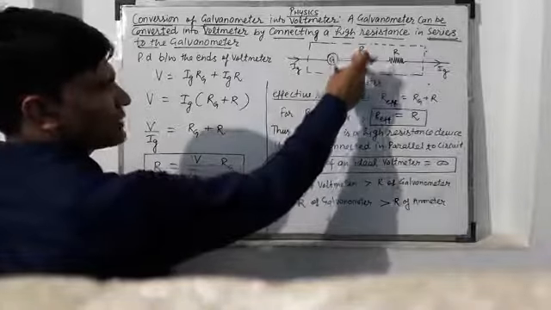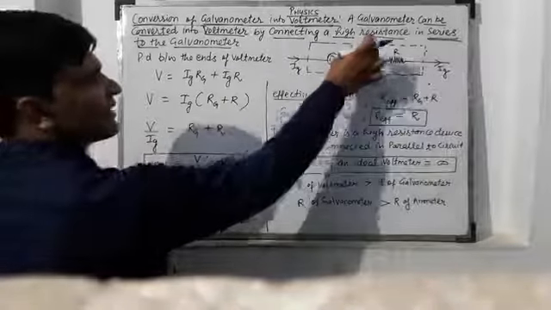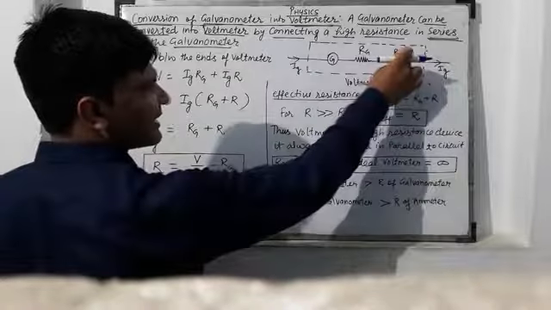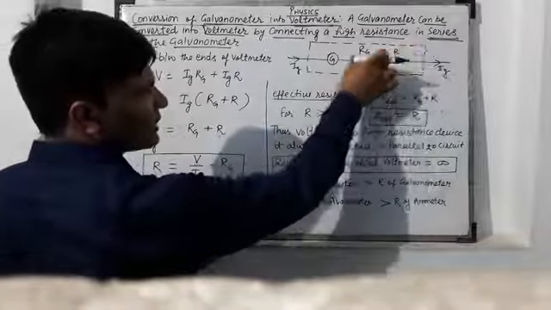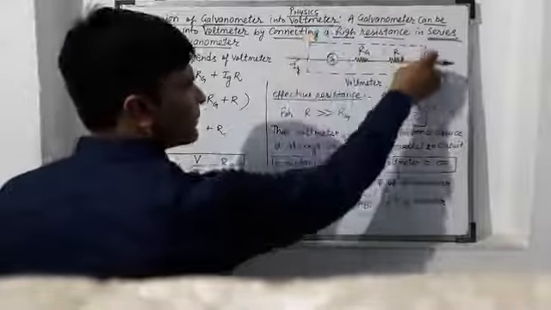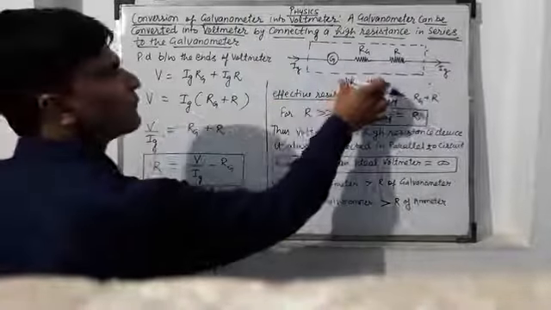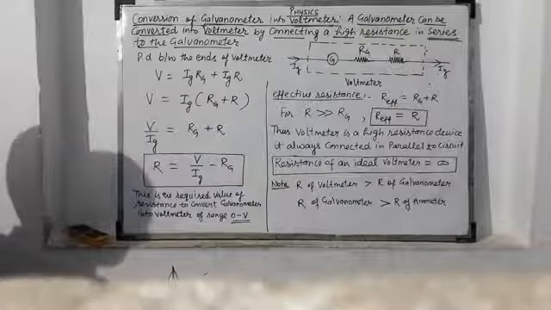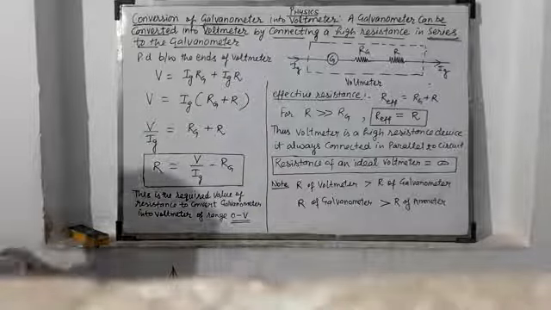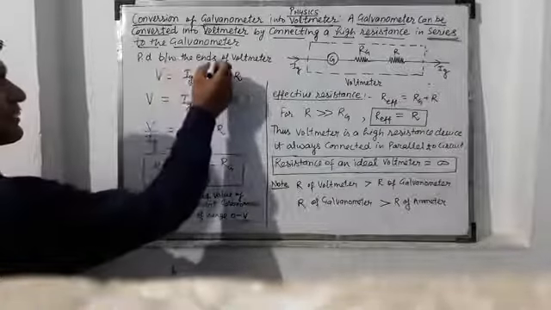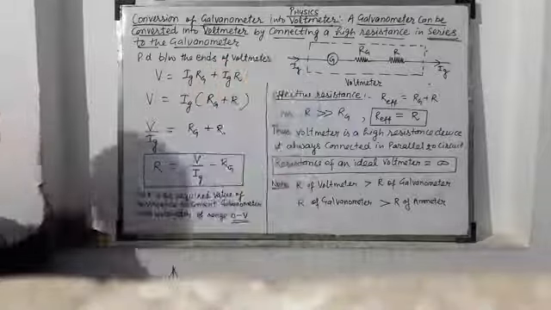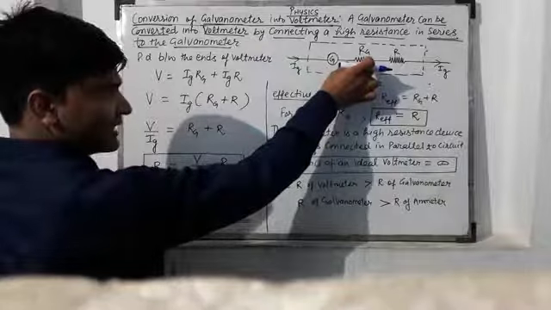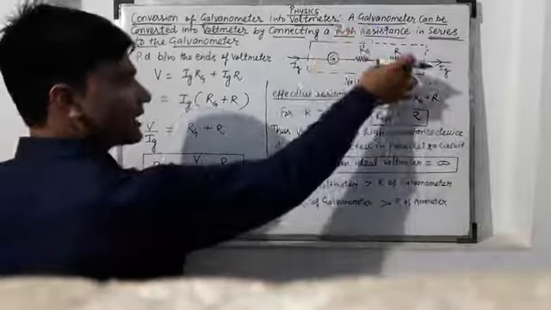This is the galvanometer with internal resistance Rg, and a high resistance R is connected in series to the galvanometer. This complete dotted box is the voltmeter, through which current Ig is flowing. Now the potential difference between the ends of the voltmeter is the sum of the potential difference across the galvanometer and the potential